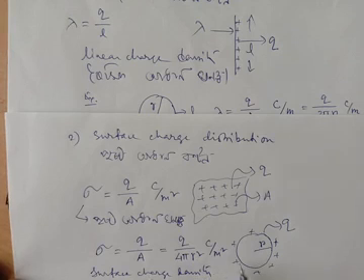For example, let us consider a spherical surface of radius r. Suppose q number of charges are distributed over the surface uniformly. Then what is sigma? Sigma is given by q by A, charge per unit area. A means the surface area of a sphere, which is given by 4 pi r square. So coulomb per meter square. So this is our surface charge density.